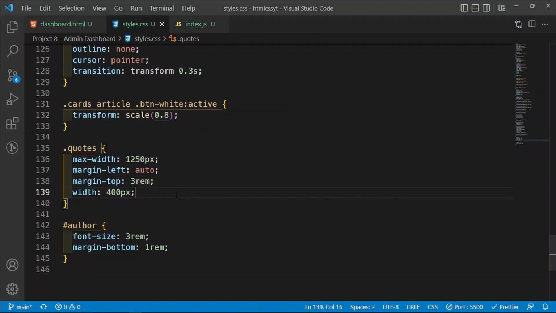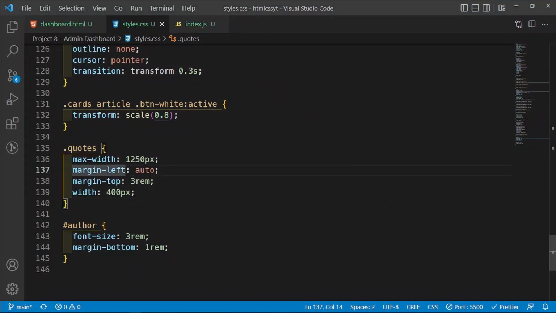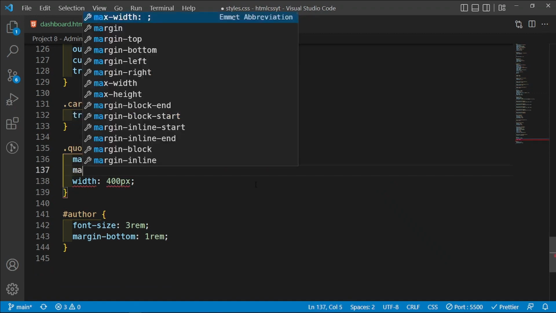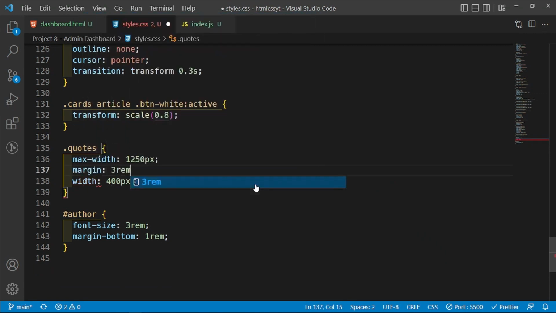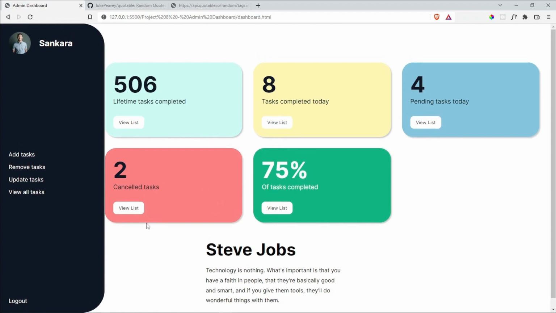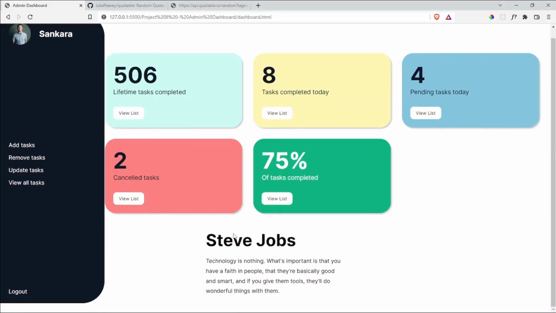Okay, that is not what I want. I want this to align back here, and the reason why it is aligned to the left is because I have set the margin left to be auto. So I'm going to set the margin to 3 rem on the top, and then auto on the left and right, and that pushes it here. Is that correct? Something is wrong here. So 3 rem on the top, and then we should see,